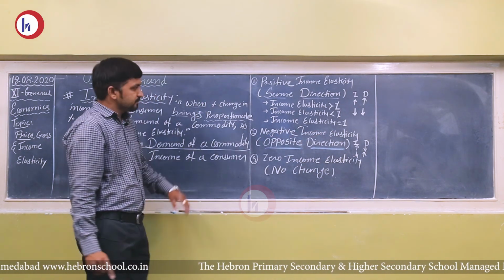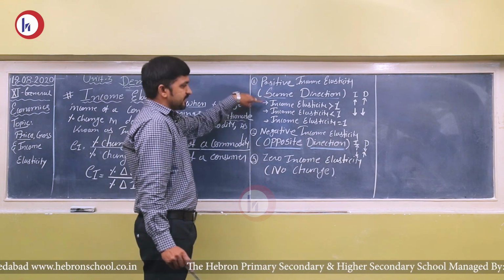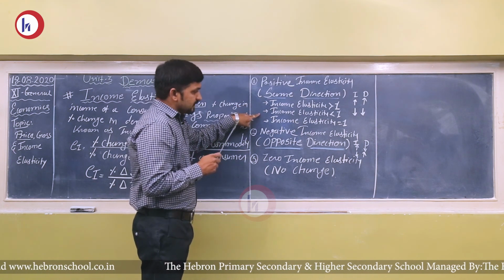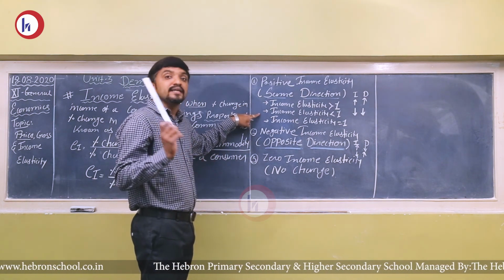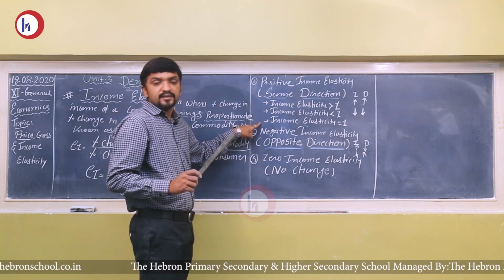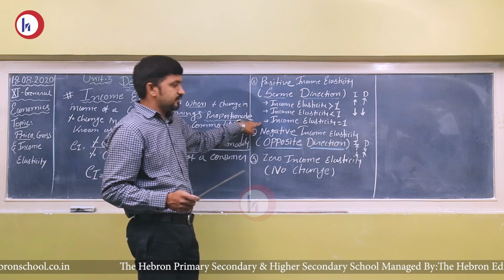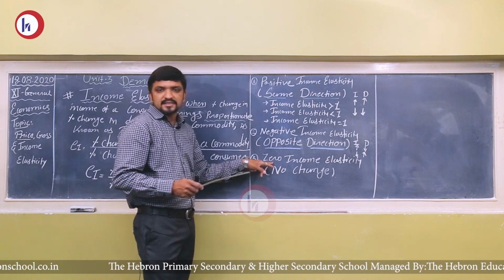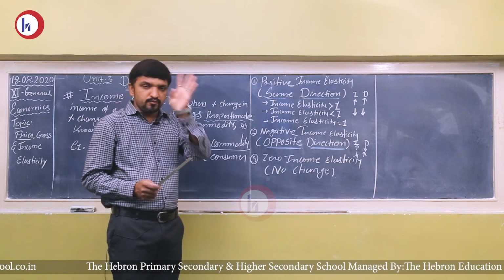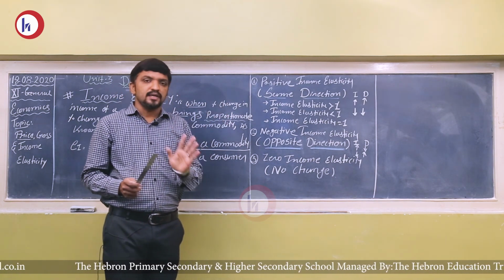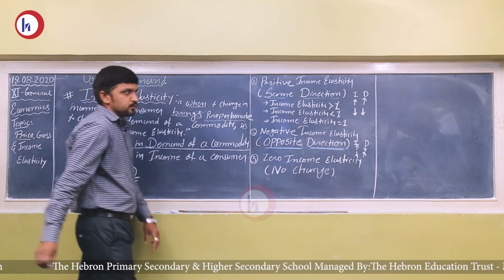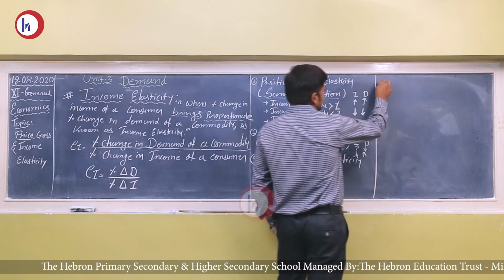So, students, see, this income elasticity greater than 1 means it is like elastic demand. Income elasticity less than 1 is like inelastic demand. Income elasticity equals to 1 is like unitary elastic demand. And zero income elasticity is like perfectly inelastic demand. Means the definitions in both the cases are same. And now the last question is